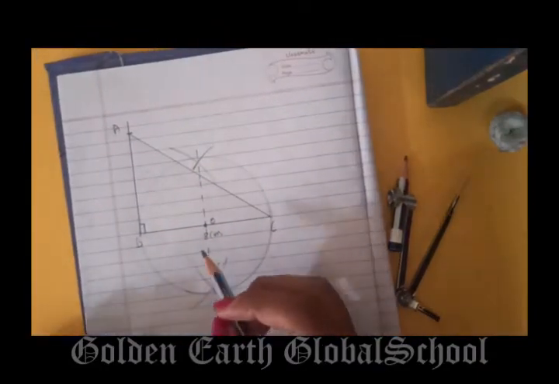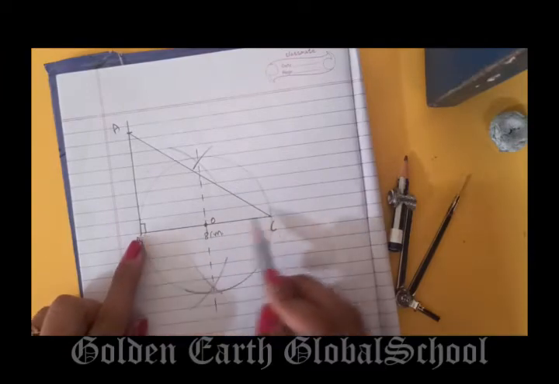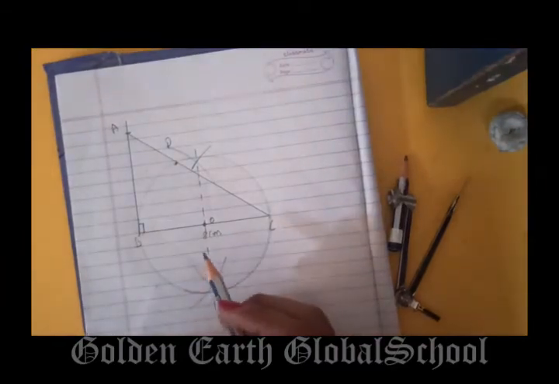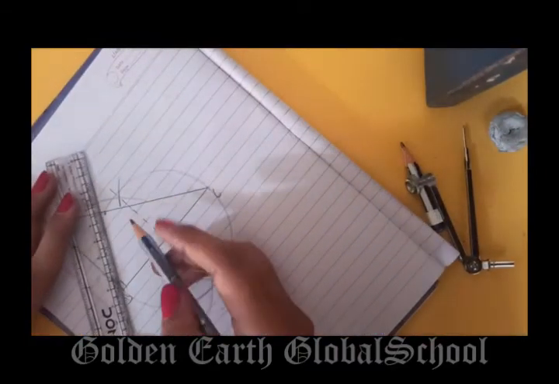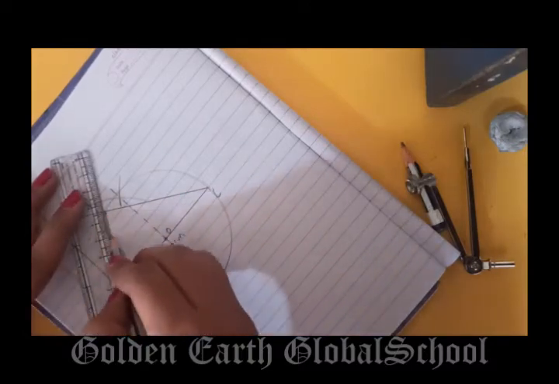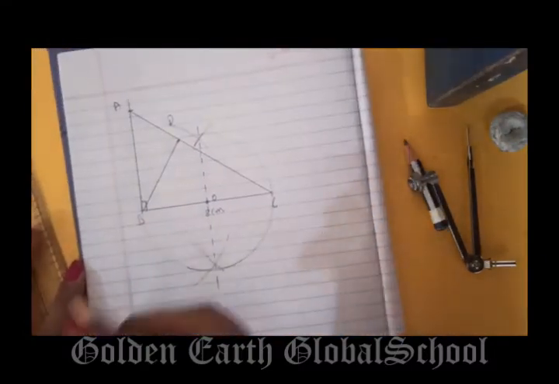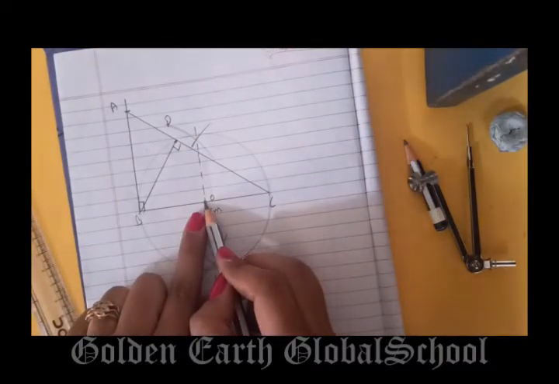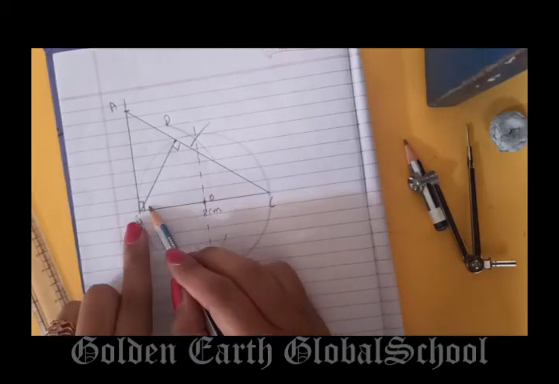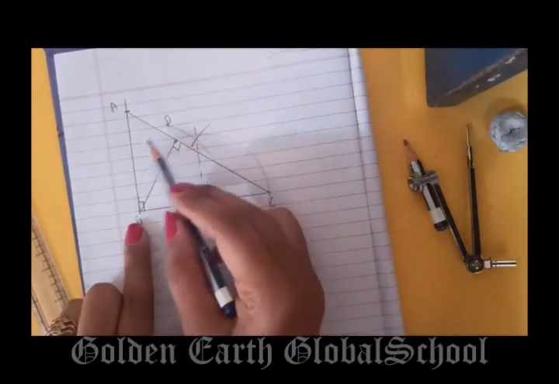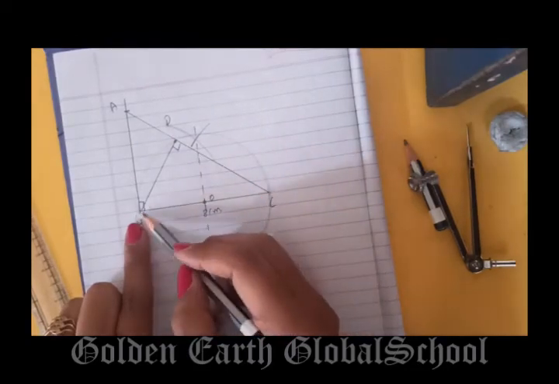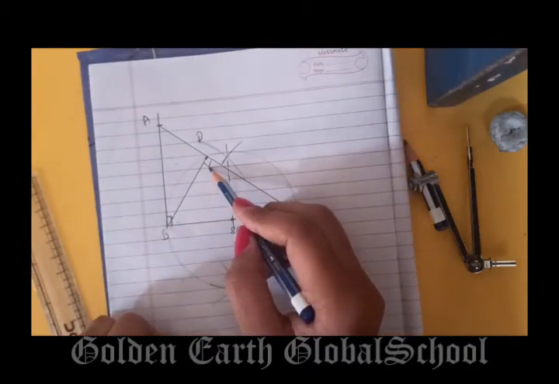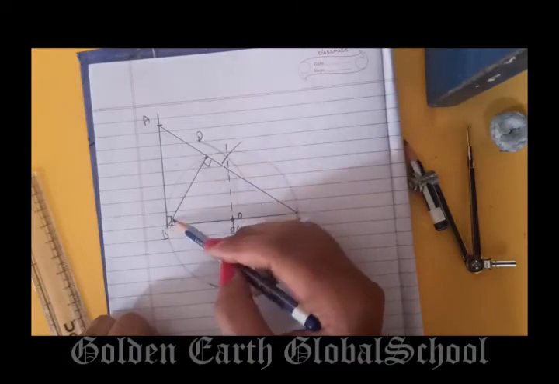Now they said you have to draw a circle which passes through B, C, and suppose this is your D point on the line segment AC. Now BD is perpendicular. Why is BD perpendicular? You should know why. The reason is O is the center. If O is the center, then BC is the diameter. D is a point on the semicircle, and the angle in a semicircle is always a right angle. So this angle is a right angle. So BD is the perpendicular.